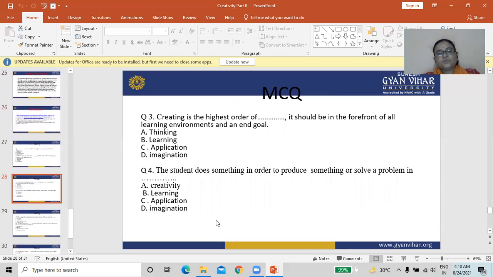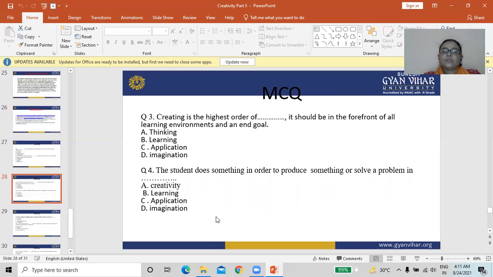Next MCQ: creating is the highest order of filling the blanks. It should be at the forefront of all learning environments and as an end goal.